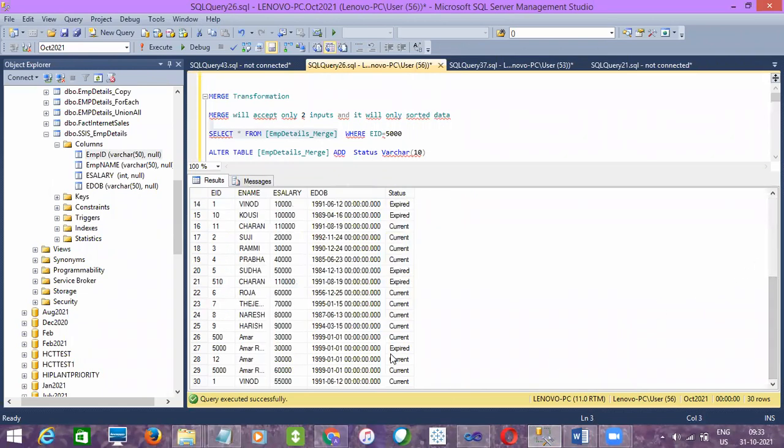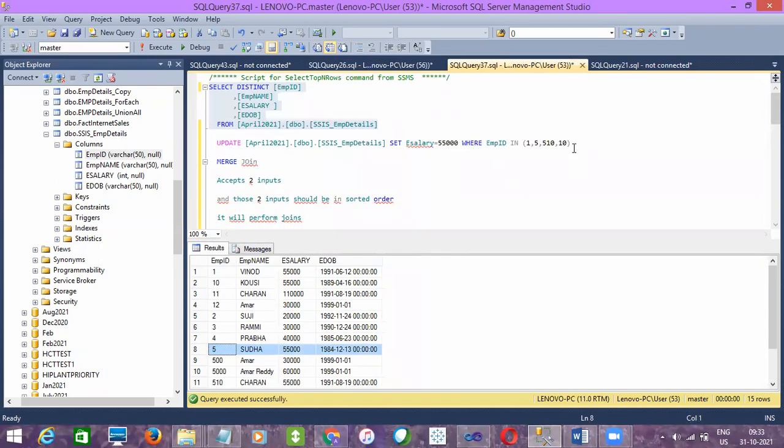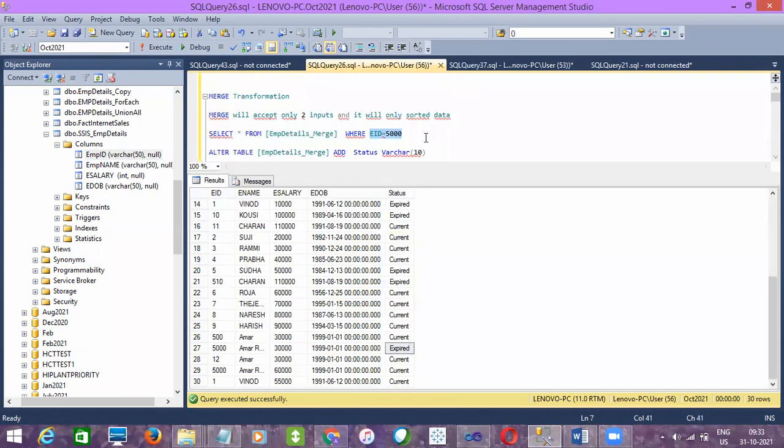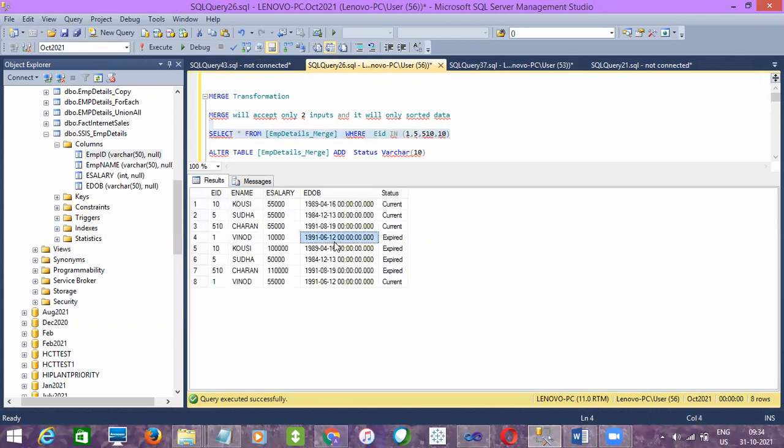If you come down, can you see? Maybe let me filter where status equals current, or maybe check the same employee IDs. Can you see here?